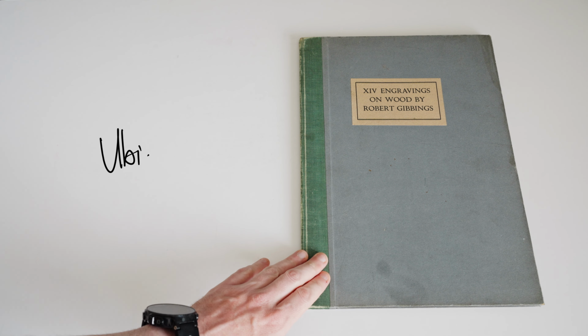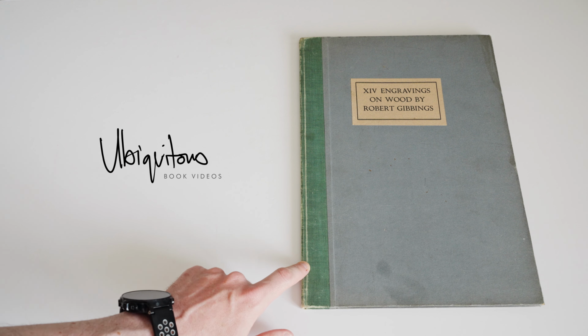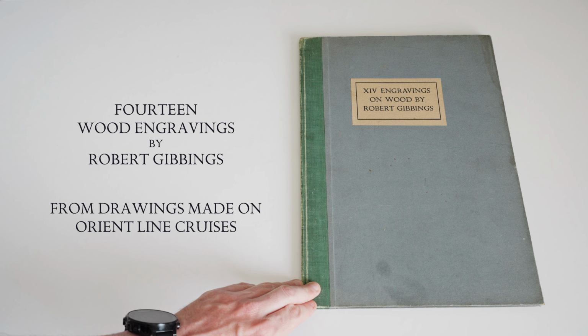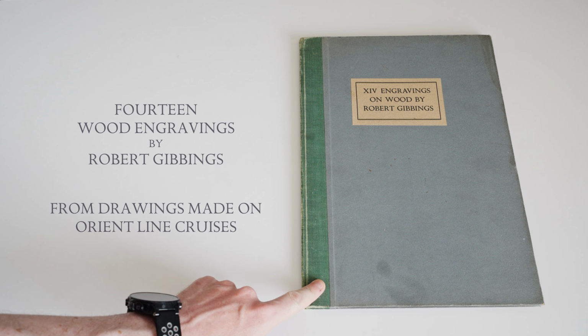This is 14 Engravings on Wood by Robert Gibbings. It was issued in 1932 by the Orient Line, but printed at the Golden Cockerel Press. And the story behind this book is that Robert Gibbings, who at the time was the proprietor of the press,